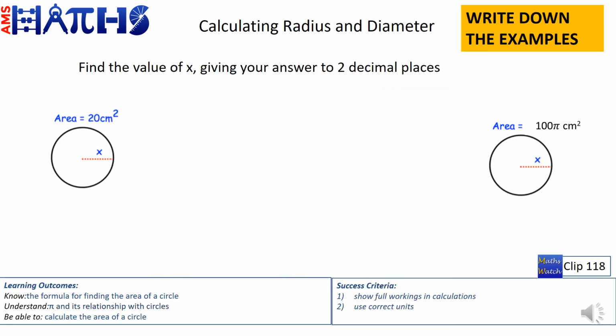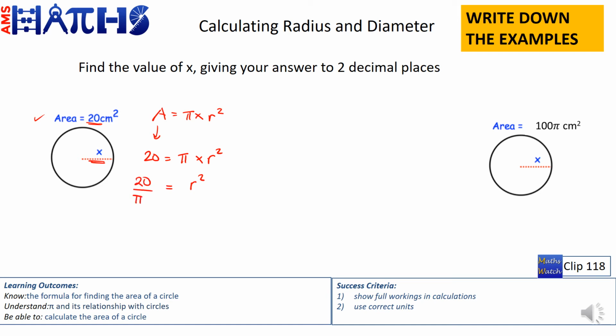Now we're going to look at calculating radius and diameter of a circle when we're given the area. So in our first example, the area is 20 and we have the radius being x. So we will use area is equal to pi times the radius squared. Now the area is 20, we have pi, and the radius squared we need to find in order to get x. So what we'll do, we'll keep our radius squared and we are going to divide 20 by